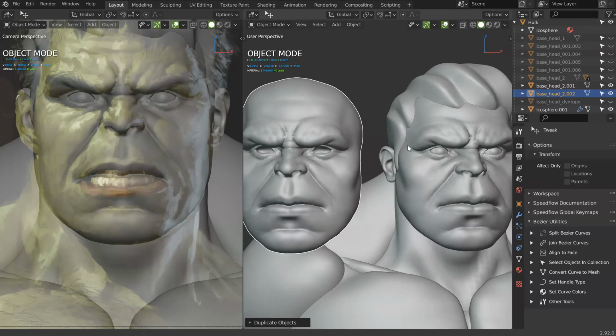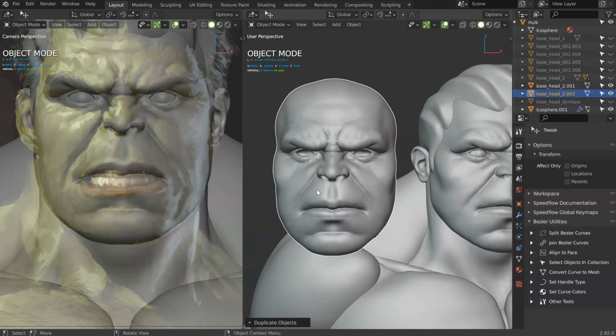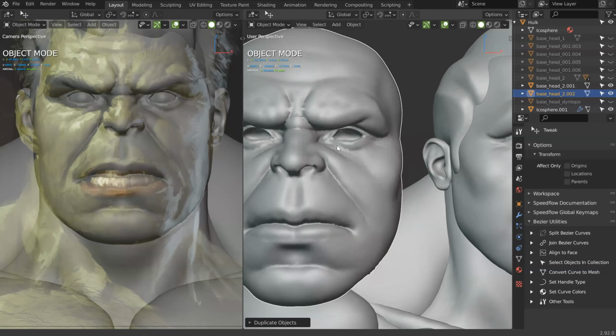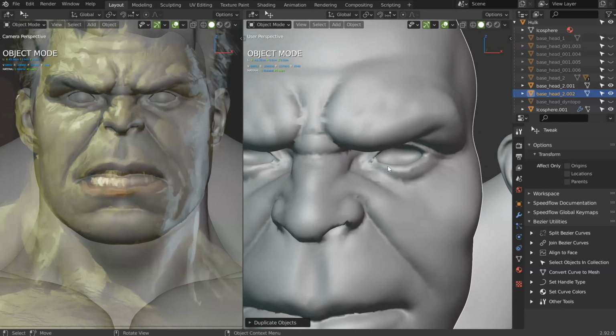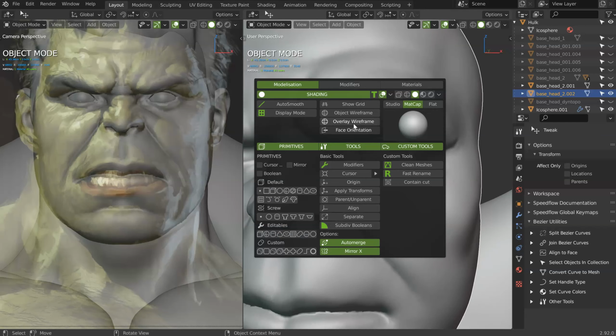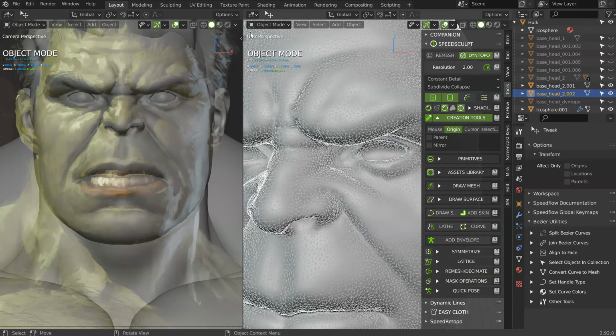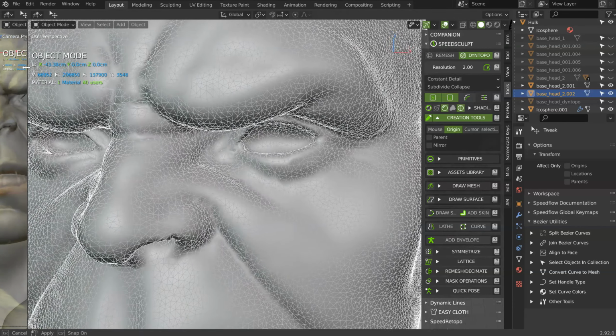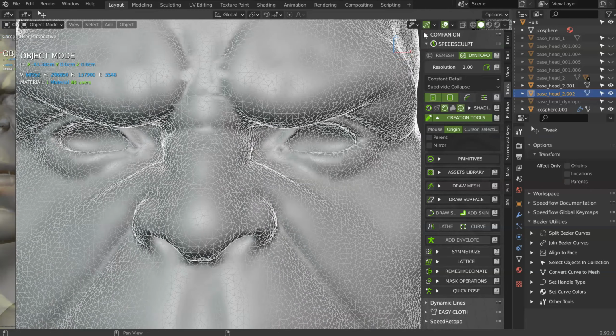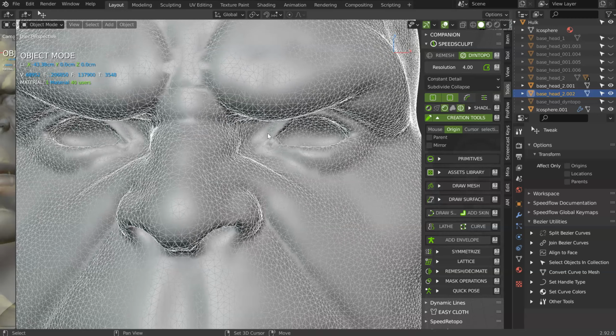As you can see, your model, but you will sometimes have to add some details to be able to do what you want. So for that you have several possibilities. I will just move this one here. You have several possibilities. You can increase, let's see, 4, and start sculpting.